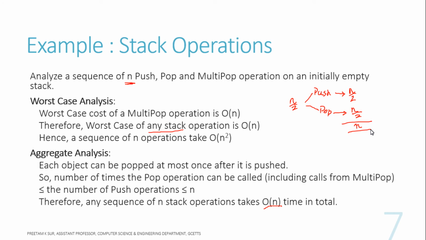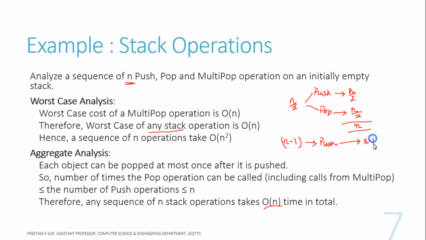In the worst case, you can say that it might happen. So when will be the worst case? The worst case will be the scenario when we have pushed the maximum number of elements and popped out the maximum number of elements, and that is possible when, out of these n operations, the first n minus 1 operations are push operations, right? So if the first n minus 1 operations are push operations, it means it is going to push n minus 1 items into the stack one by one, right? For these operations, the time it is going to take is nothing but n minus 1,